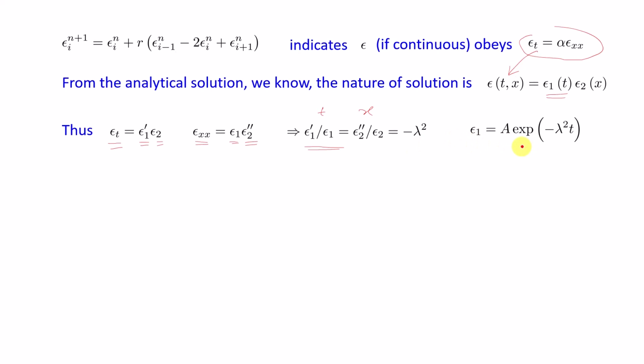We have epsilon 1 as exponential of minus lambda squared t, and epsilon 2 we can write in sine and cos. We can also write it in exponential with this imaginary j, where I am keeping j as root over minus 1. Usually we write that as i, but since we are using i for another purpose, I am writing it as j. So whether you write it this way or in sine and cos, it doesn't make a difference. But this complex number will help us to manipulate here. That is why I am keeping it complex. Now we have to apply